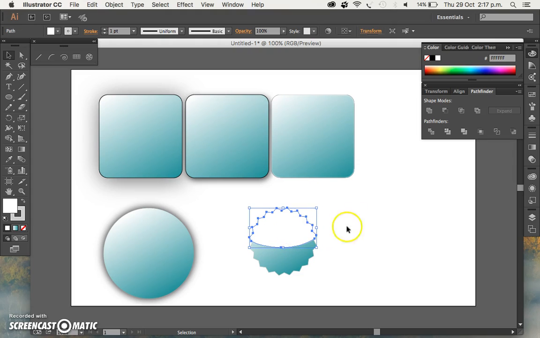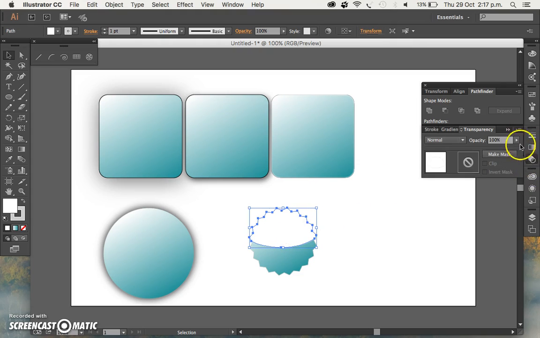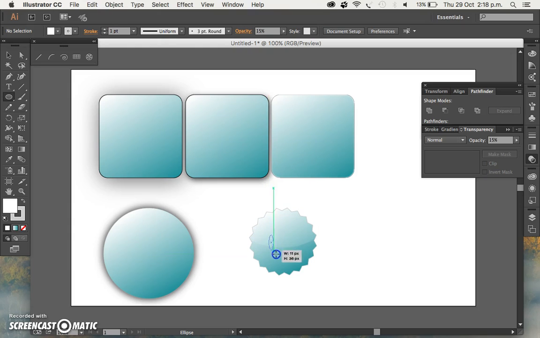If we click on this top one and go to this image here, we can change the opacity. We'll just do it to 15, and you can see it adds a bit more of an effect to our shape. So now if we go back to our ellipse tool and just draw a little shape like so,